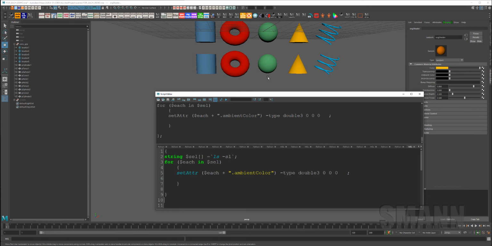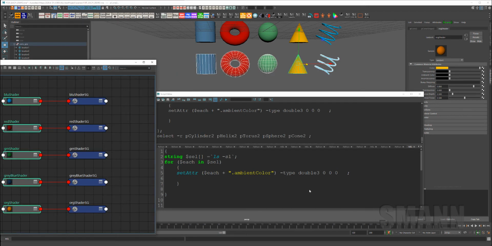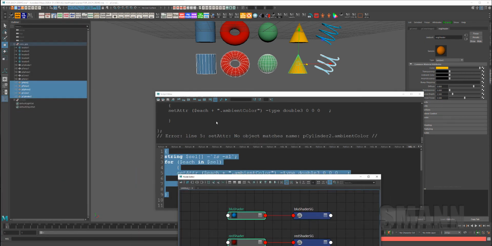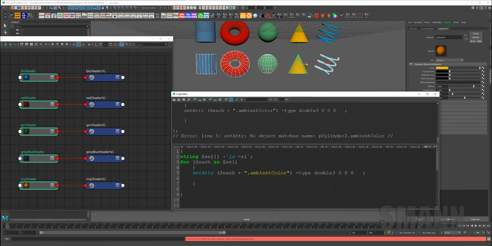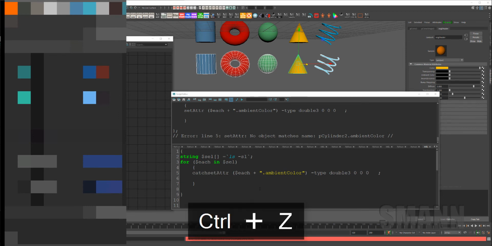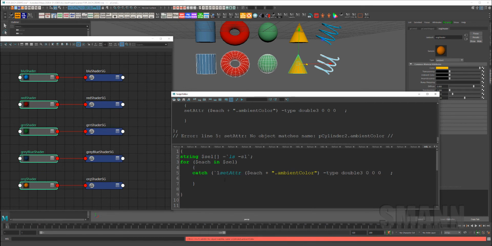Now, if you are worried about having other objects selected and it killing your code, like say I have the objects and the shader selected, and I run this and I throw those errors, there's a simple way to work around that as well. I don't always do this because I like to have those errors, but when I'm just using null snippets like this that aren't real procedures, I'll throw this in there. But you can use what's called a catch. And what a catch is going to do, oh, what have I done? There we go. And what a catch is going to do is I can go in here,